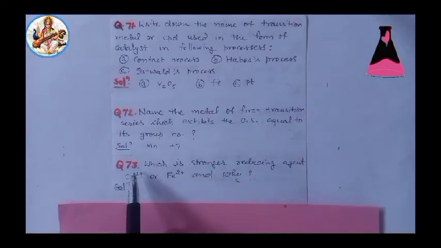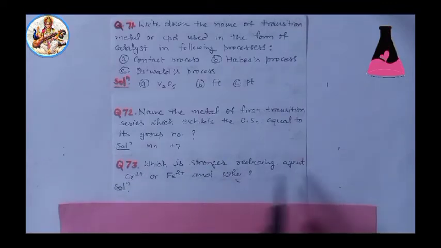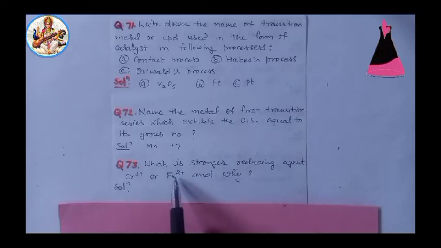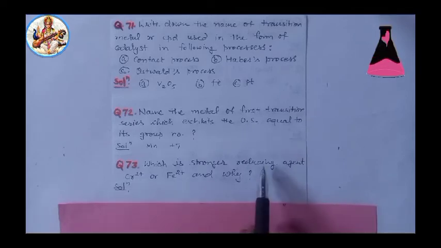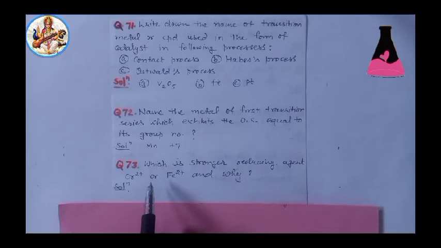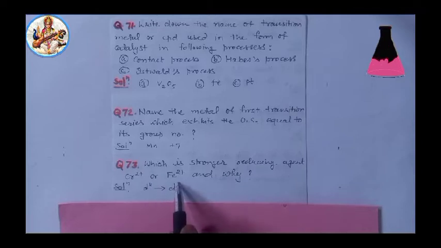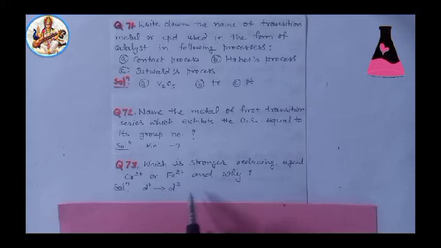Next, question 73. Which is a stronger reducing agent, chromium 2+ or Fe2+, and why? The answer will be: chromium 2+ is a stronger reducing agent. The reason for this is that the configuration of chromium 2+ changes from D4 to D3. The D3 configuration is stable due to half-filled